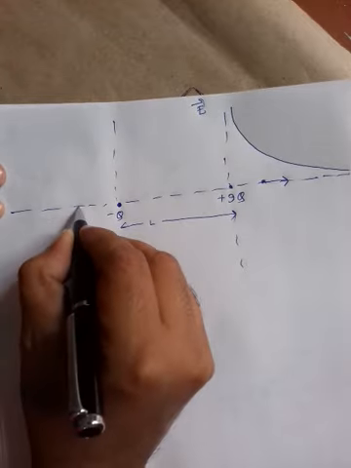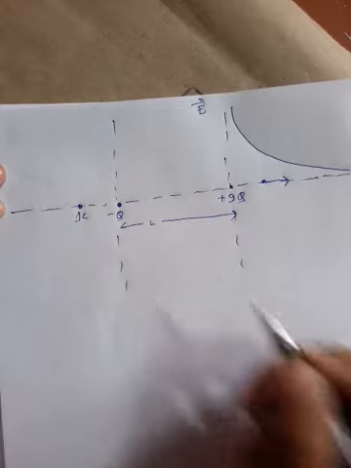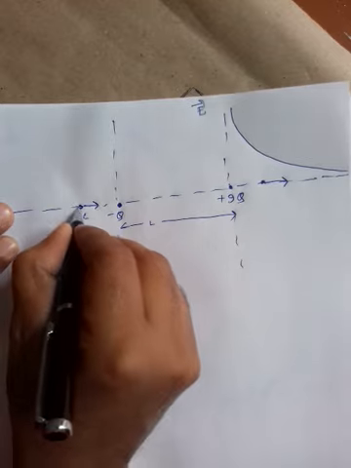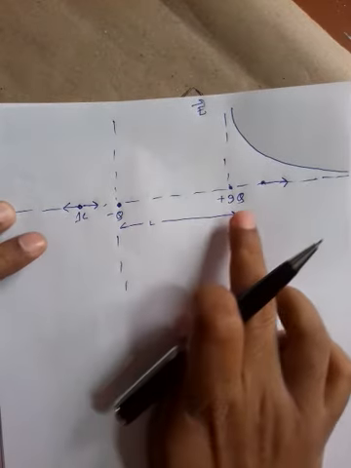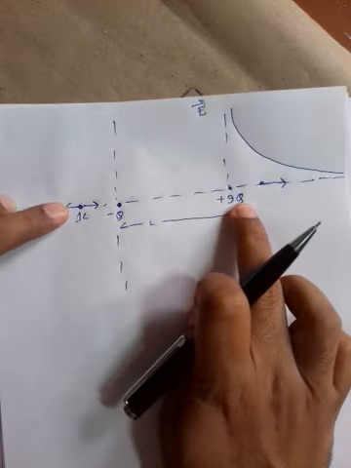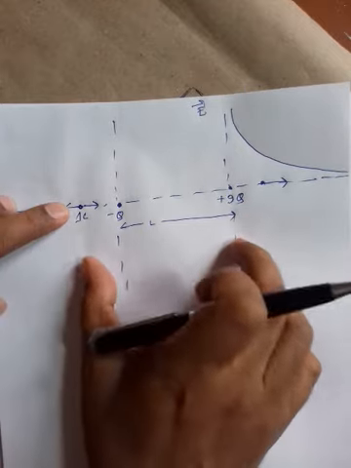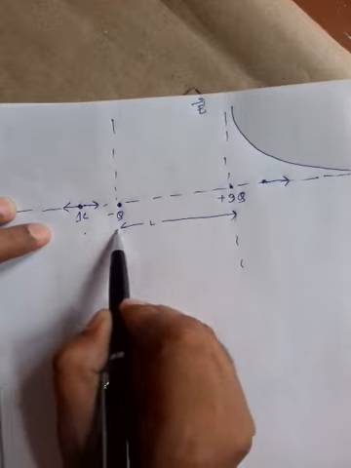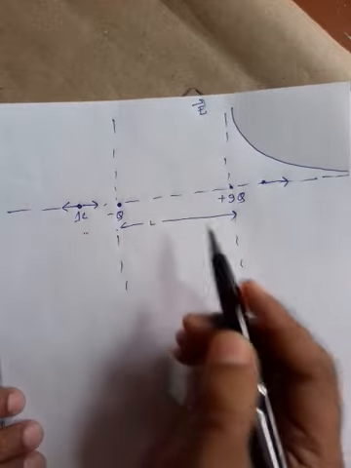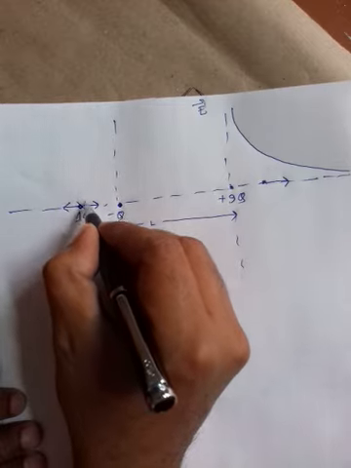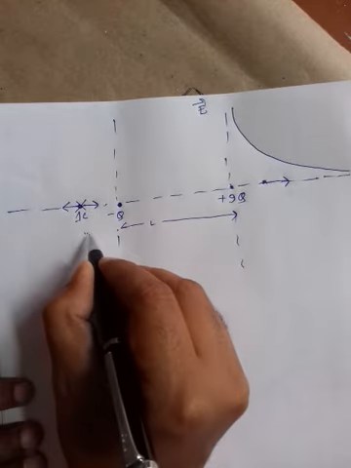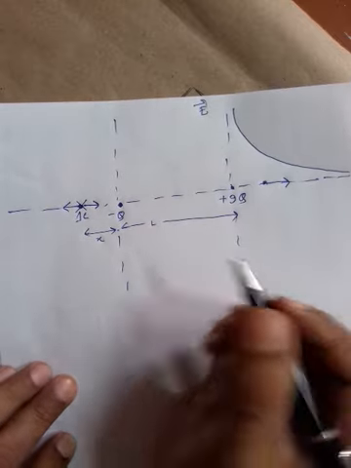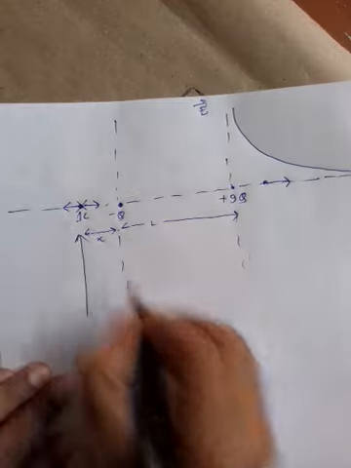If you consider somewhere here a point, then because of minus q that 1 coulomb gets attracted, and because of 9q there is repulsion. 9q is a bigger charge, so it should give bigger force, but at a large distance the force becomes small. Small q gives smaller force, but this distance is small, so in that way q gives greater force, so there is a chance of getting 0. So there is a chance of getting 0 here. Exactly where that 0 is possible we can measure, if required. How? For 0 field, I am just showing the mathematics.